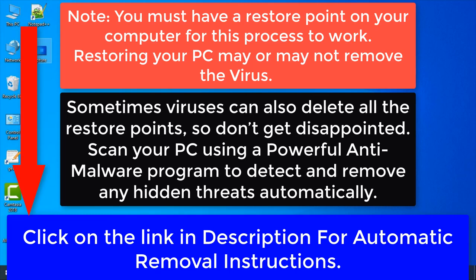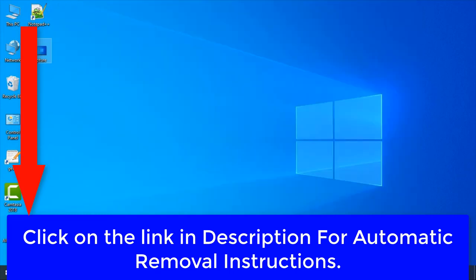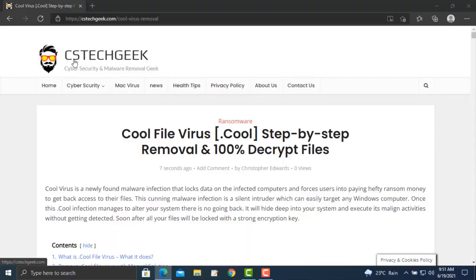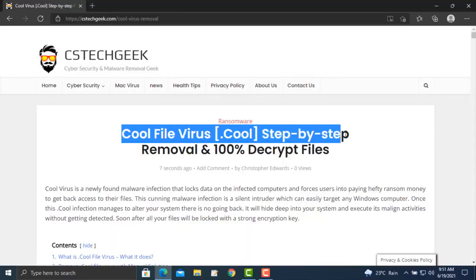For that, click on the link in the description of this video to visit the malware removal website. Here you can see I have created a detailed guide about this virus for you.